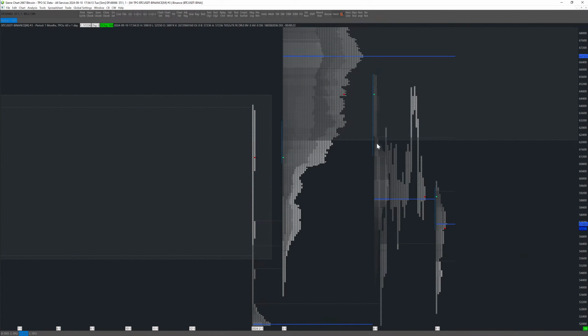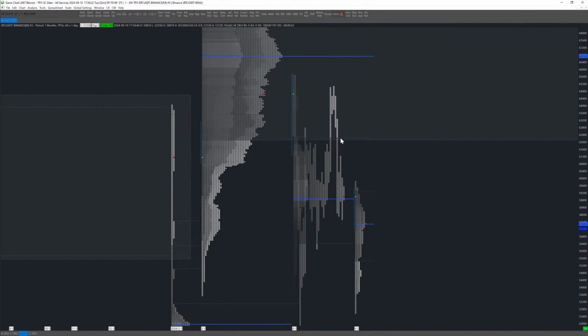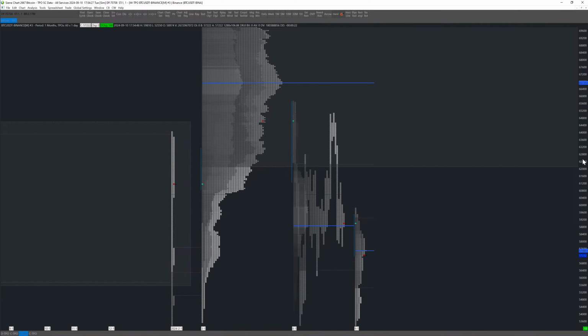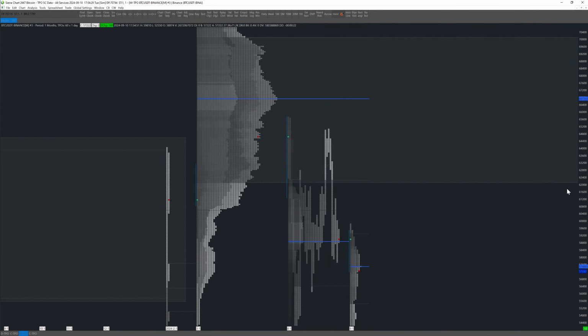And, you know, we auctioned lower, tried to accept back within this 5-month composite, and then we failed to hold the support. This is really bearish. And the value area low from this distribution is around 62K. And that's confluent with previous quarterly value area low. It is confluent with previous month value area high, which I will show you in a bit. So yeah, Carl, I 100% agree with you that 60K-ish up until 62K, this entire region,